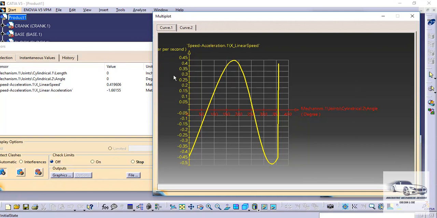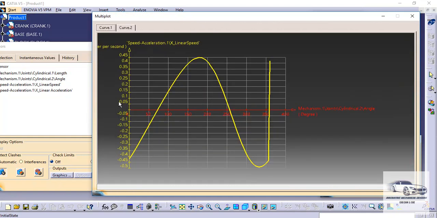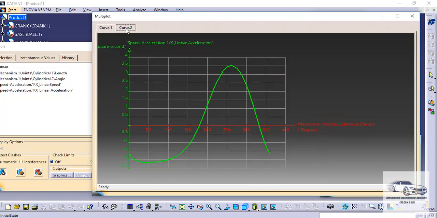Okay, so this is the plot of linear speed versus the angular rotation of the connecting rod. So this is on the x-axis, and if we go to the second curve, this is the plot for the linear acceleration versus the rotational movement of the connecting rod.